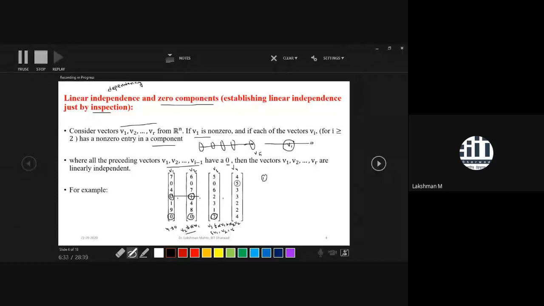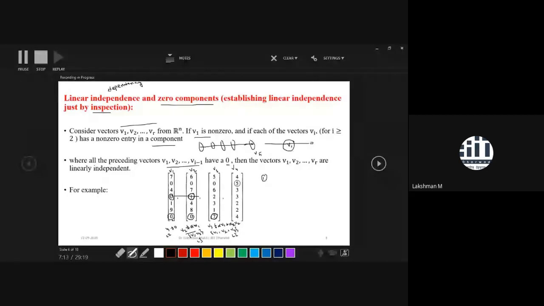So it is purely a method of inspection. It will not work everywhere. Here you can simply say that these are LI. Till v3 you have already seen LI. v1 and v2 are LI, as you have already seen. Any single non-zero vector always happens to be LI. So v1 is also LI, if you consider v1 only, not the others.